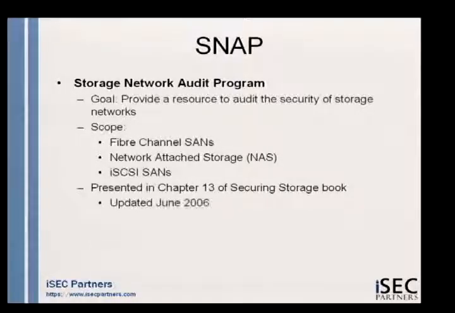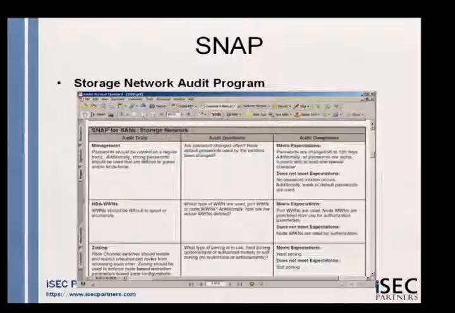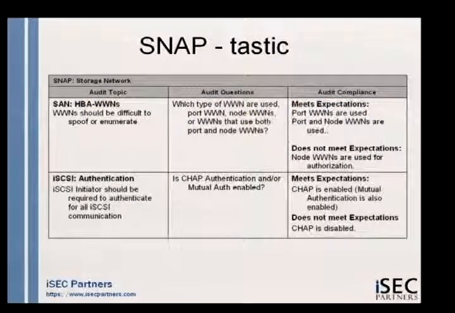Just like any PDF that you see out there, it's not really an actionable tool for people to go out and use. You have like 30 pages of audit topics, of audit questions and answers. It's kind of intimidating. If you're not a storage person, you're not going to know all the terminology. If you're a security person, you probably know the idea, but you're not going to know all the iSCSI terminology. So what I decided to do is provide some automation to it. So there's the PDF version. Here's the idea of SNAP, which is you have an audit topic.